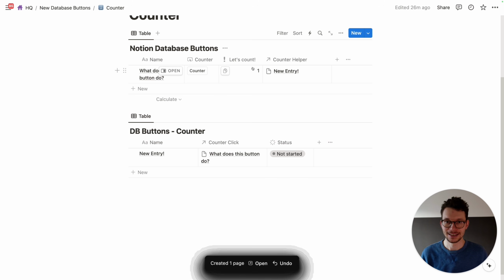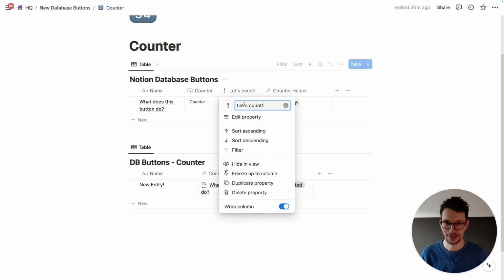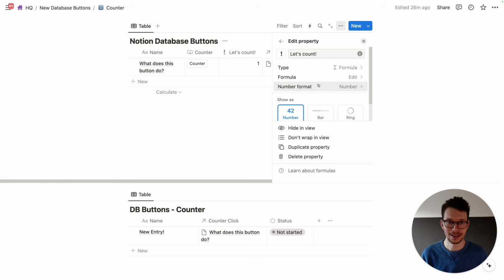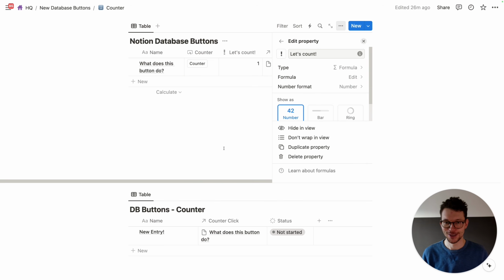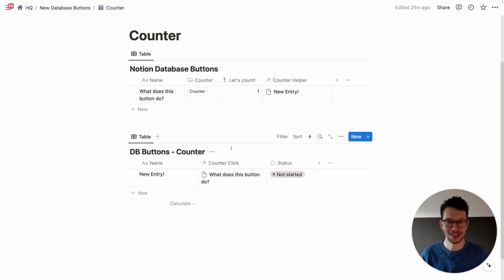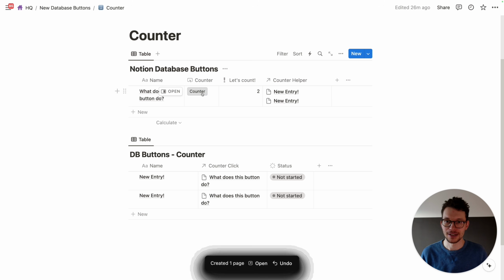And then the last thing that we need is our count field. And the count field is nothing else than a formula. So let's look at the formula, edit property, formula. And here we see we just take the relation property and then add dot length. And what this does is it counts the number of related pages, right? If you want a full tutorial on the new formulas, you can find the link to it in the description. But for this case, you can just copy paste it like this, again, down in the description or in the blog post. And it just means that whenever we create a new entry here, it will count up here 1,